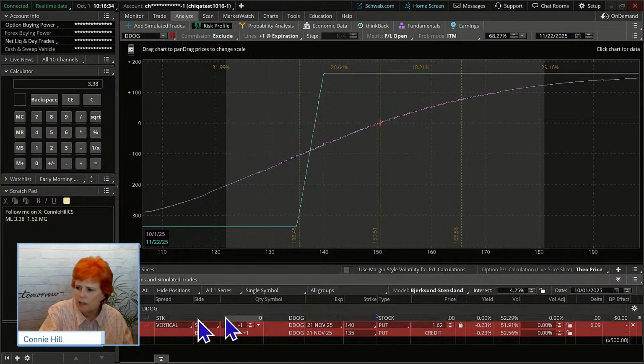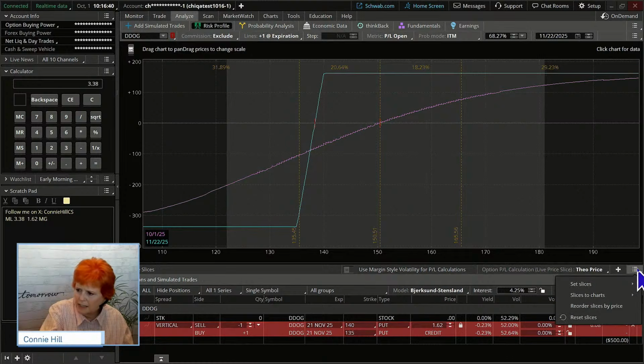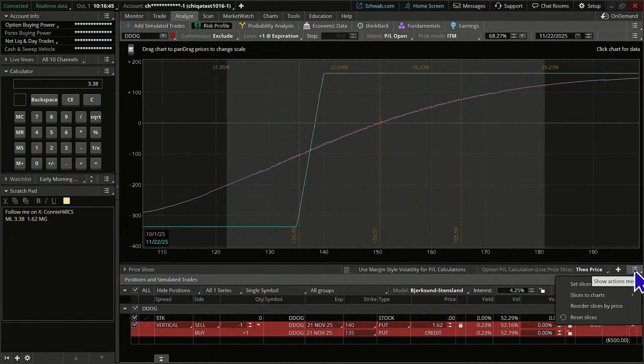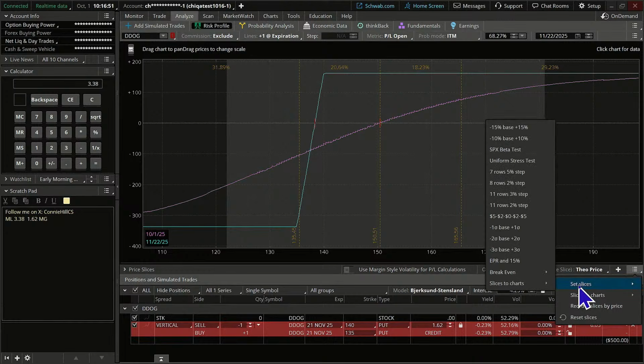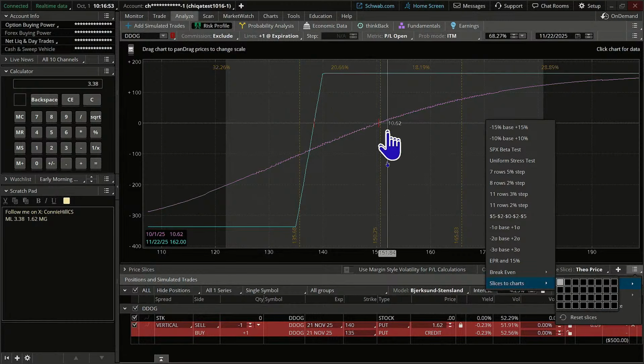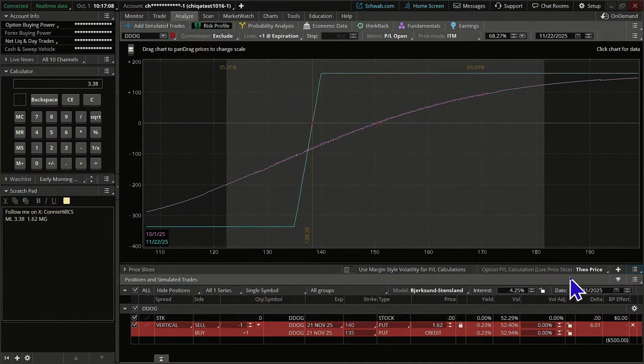Down here, in the little area, you're going to click on this menu button. It's the three dots and the three dashes. That's our action menu. Select on it, and you can say, let's set our slices, which is just these vertical dotted lines. We'll end up with this one here. We're going to set it up to our break-even point, and we're going to set it up to the expiration date. We could go clear to there to see, okay, what are our probabilities as of October 1st in the trade setup that we're looking at here.